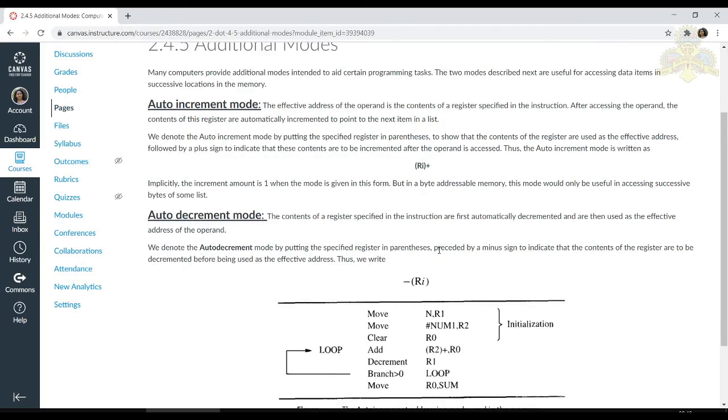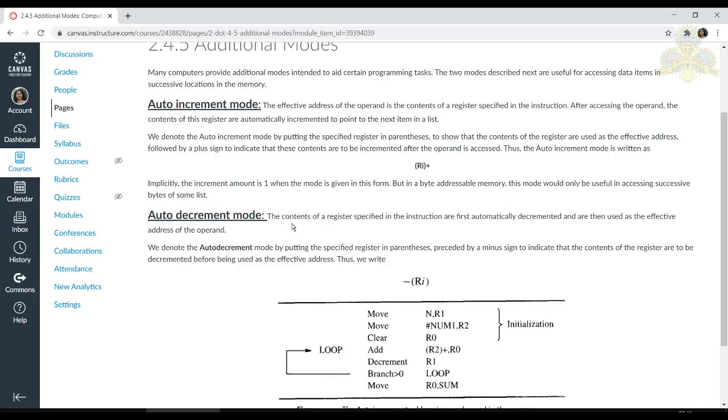Now the next is auto-decrement mode. You represent it with a minus sign, then into the bracket Ri, where Ri is a register. Here the contents of the register are first decremented, and then whatever the new content is, you take it as the effective address.